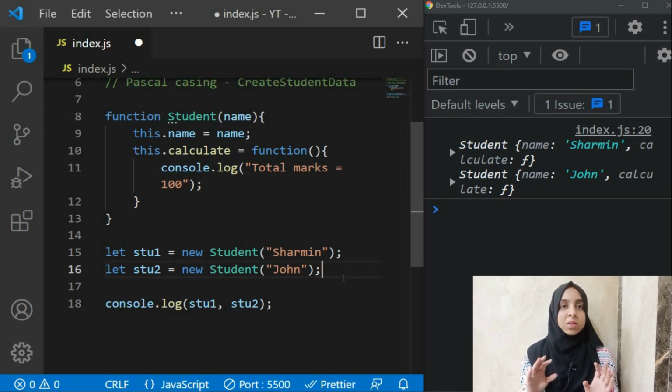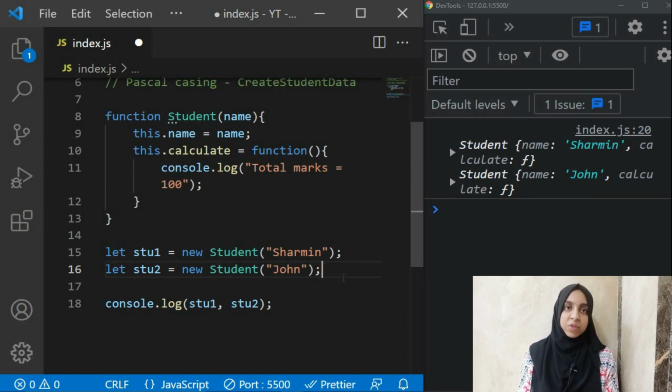It is very simple. Just sit down, practice, and try and play around with constructor functions. Create your own constructor functions, try to call them by passing different values and do different things, and try and log everything to see what you get back. So this is how you will understand how exactly constructor functions work. It is not difficult. There are just some conventions that you have to remember. Rest everything is pretty much the same as our normal functions.